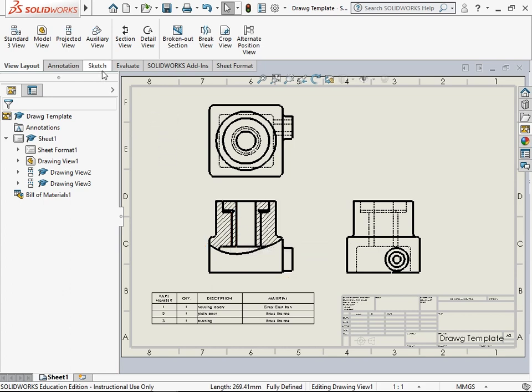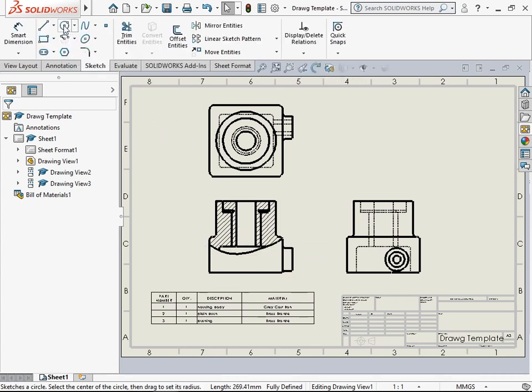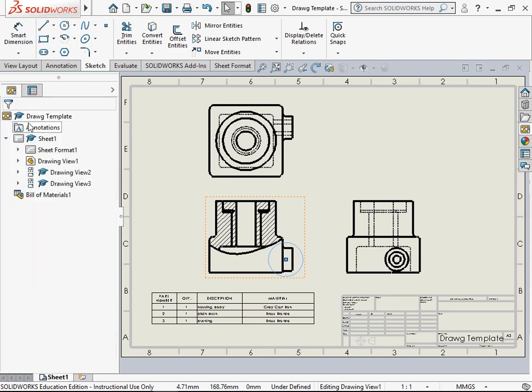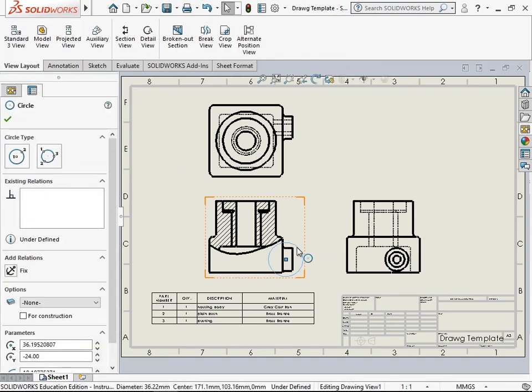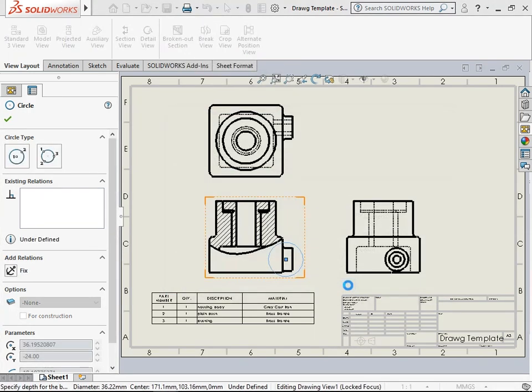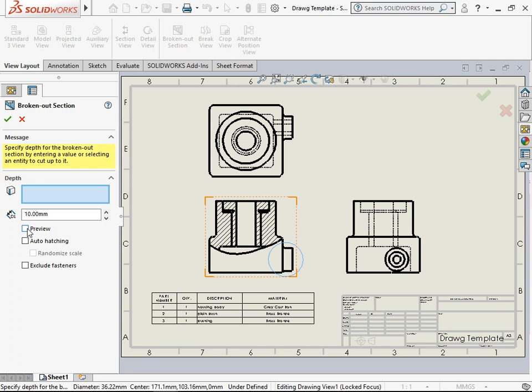We make another similar broken out section view by creating a closed contour with the help of a circle sketch entity. Keeping the circular edge selected, go to view layout and select broken out section view. Nothing to be excluded. Check the preview box